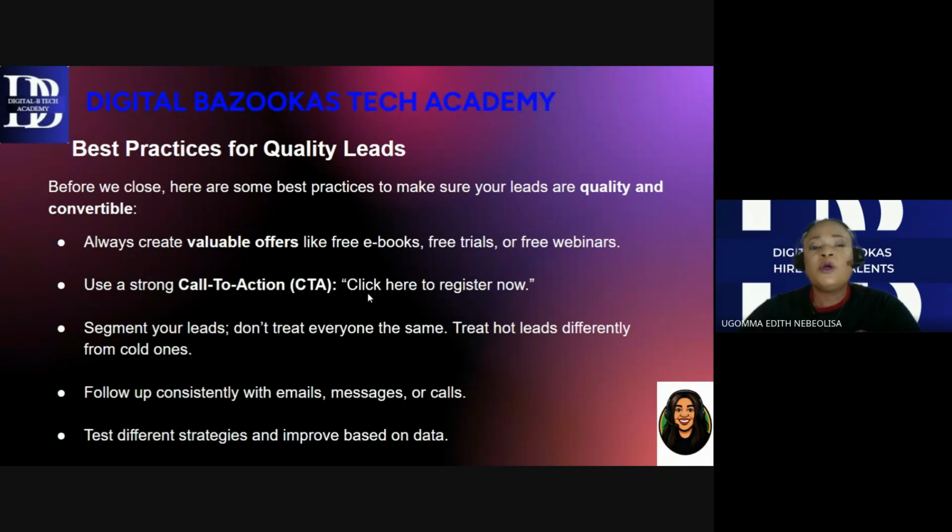Before we close, right? Here are some best practice for you to make sure you generate quality leads, all right? That will be comfortable. It's not about packing people online. You have to select the right people that need your product, right? So you have to always create